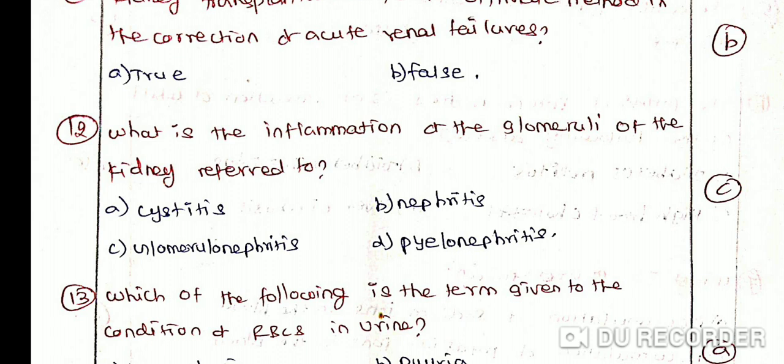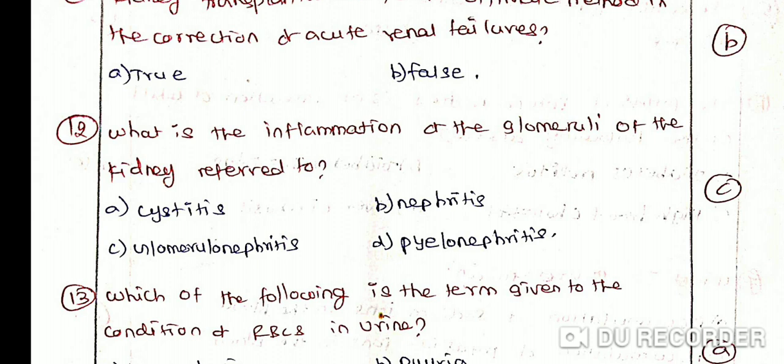Option A, cystitis. Option B, nephritis. Option C, glomerulonephritis. Option D, pyelonephritis. The correct answer is option C, glomerulonephritis. Explanation: inflammation of the glomerulus is referred to as glomerulonephritis. The inflammation of the urinary bladder, nephron and pelvis of the kidney is referred to as cystitis, nephritis and pyelonephritis